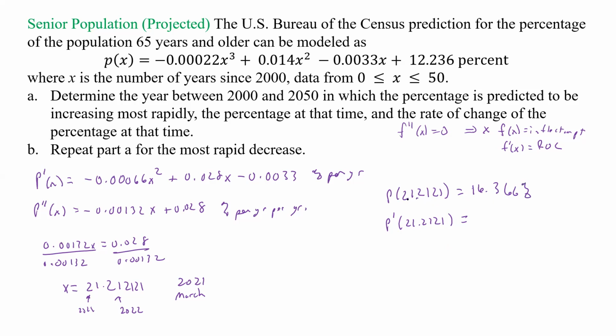Okay. And so that's going to be the percent that it's increasing the most rapidly in March 2021. Now we need to know that rate of change, and so we plug that into the first derivative formula. So now we'll take a negative 0.00066 times 21.2121 squared, and then plus 0.028 times 21.2121, and then minus 0.0033, and we get